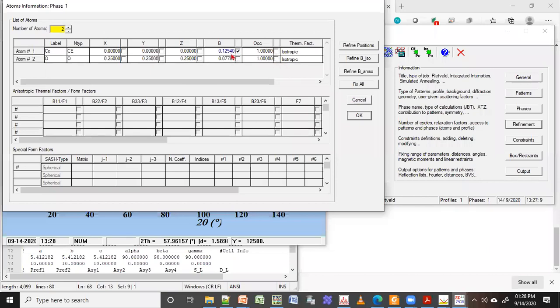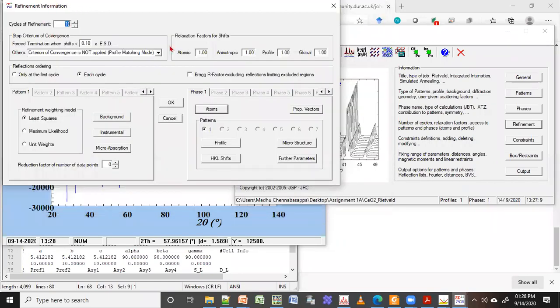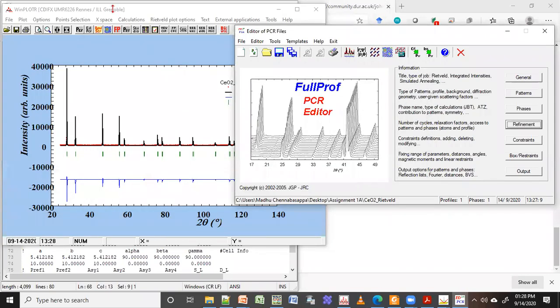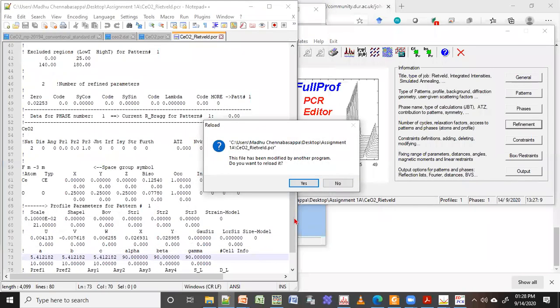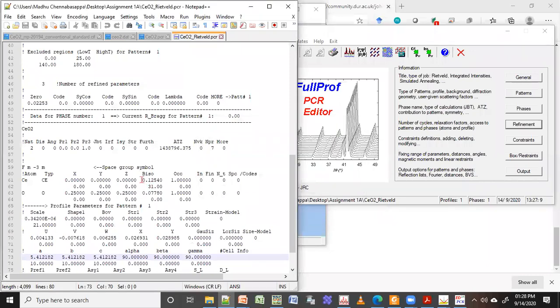So what I will do, I'll just click on the BISO. I will change the BISO. Then I will save this. If I go here, if I update, you can see BISO for CO2 has given some number. That means it's going to change. Let us see how it changes.